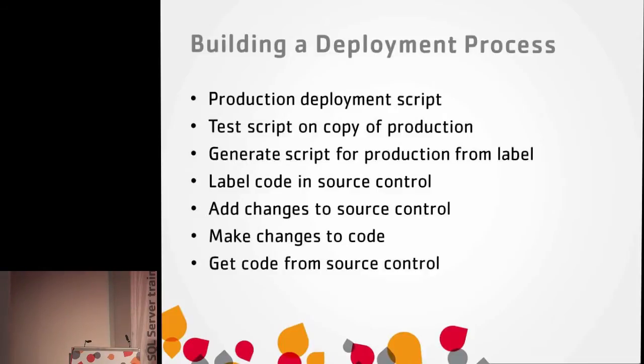We're getting code from out of source control, right? And then you make changes to your code. Then you add changes, you know what I mean? That's how the time goes. But as a DBA, I'm thinking about it this way. My orientation is right up there. I must have production safe. And then we work backwards on making how that gets up there.